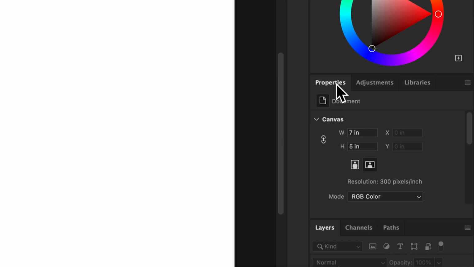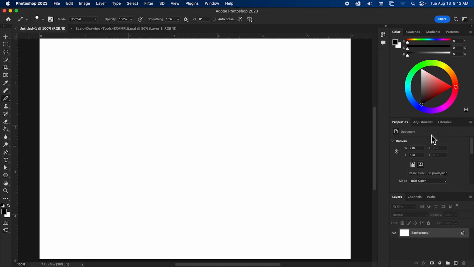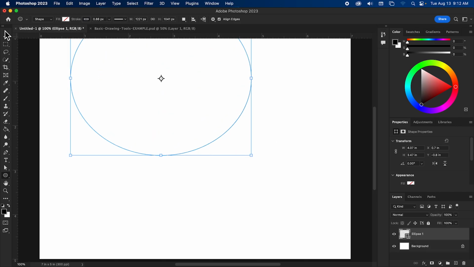Properties panel. This one's big. This one's important. The properties panel is going to change depending on what you have selected. At the moment, if I have the move tool selected, I have the properties for the document because there's no options for the move tool. Let's say I have the shape tool selected, and I create a shape.